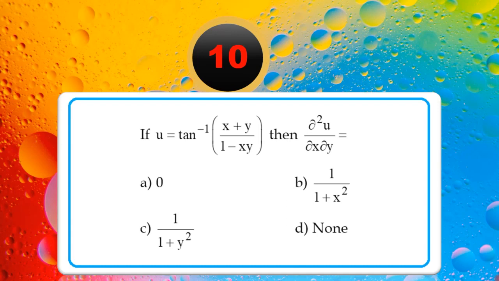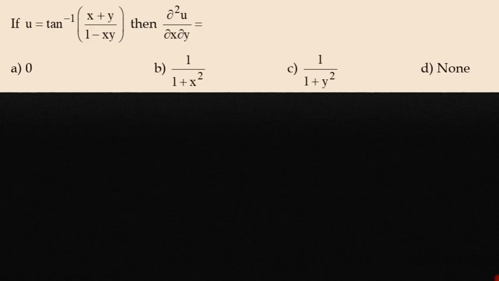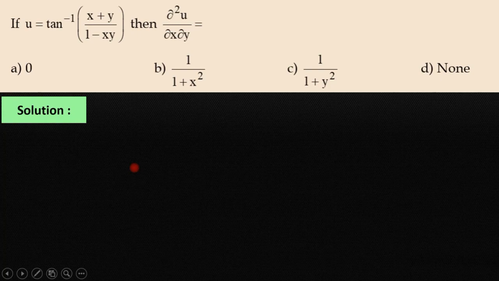Dear students, see the question number 10. Read the question and write it. The question is, if u is equals to tan inverse of x plus y by 1 minus xy, then dou square u by dou x dou y is equals to, options are 0, 1 by 1 plus x square, 1 by 1 plus y square, none. Let us find this. Given